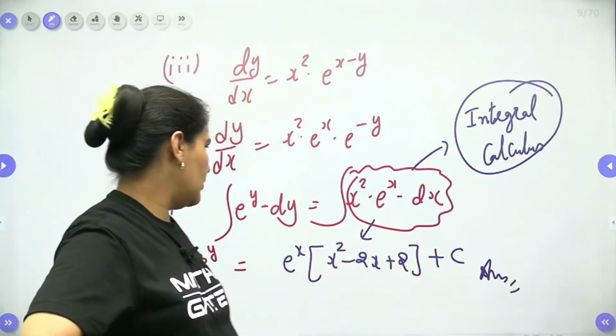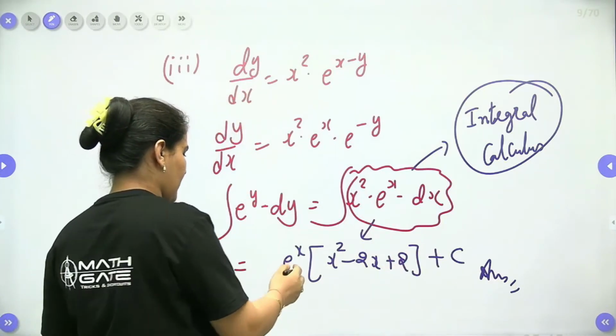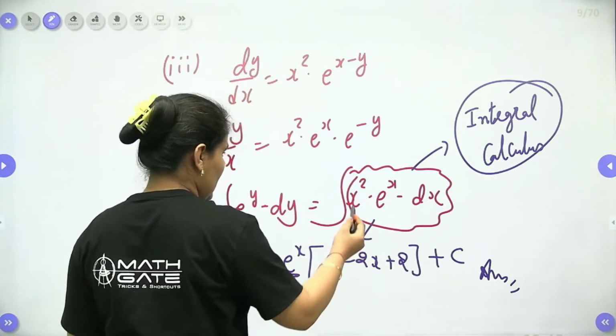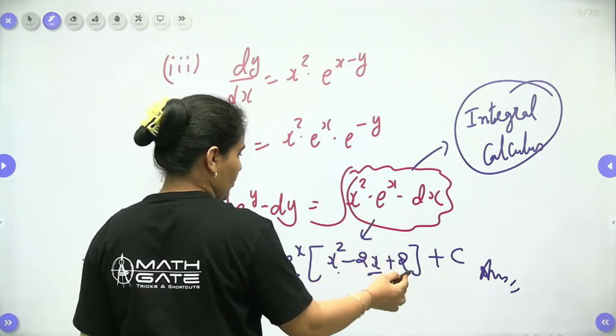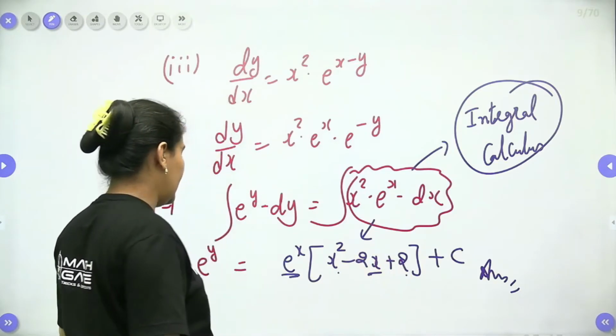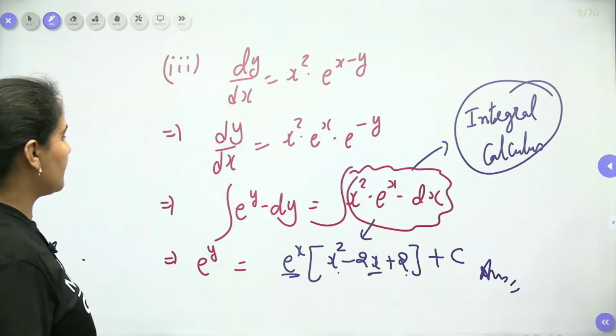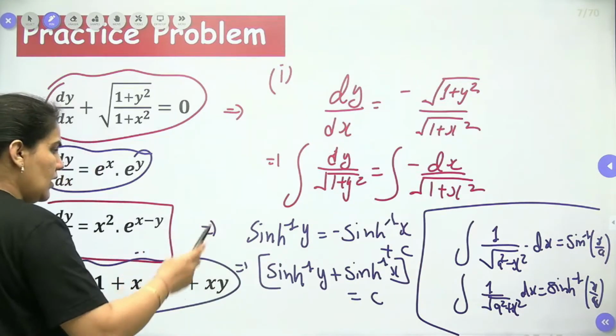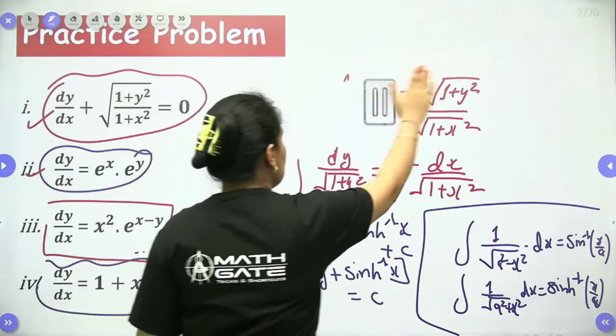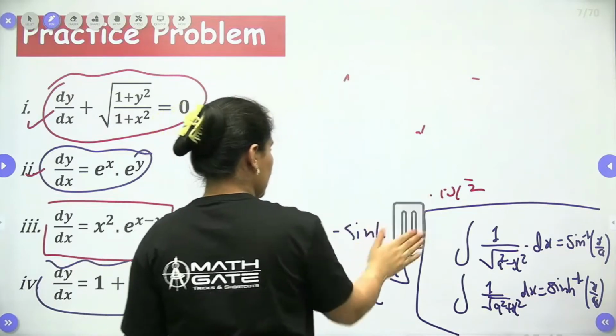Okay guys, so we know very well we will keep e power x unchanged. It will be x square. The differentiation of x square is 2x. The differentiation of 2x is 2. We have to put the alternate sign, so we can leave it here only. Now let's talk about the next one. Let me make some space here only, so we will approach here only.